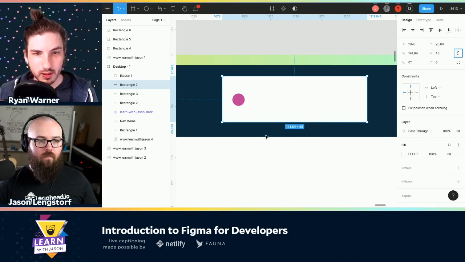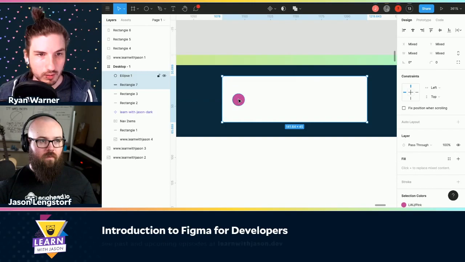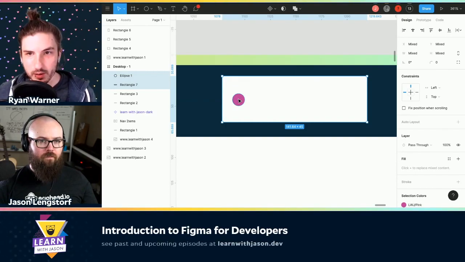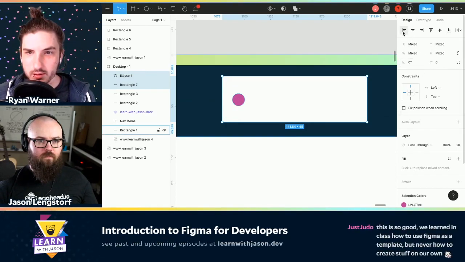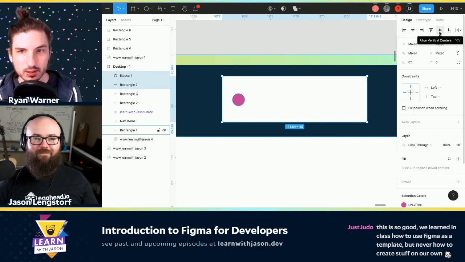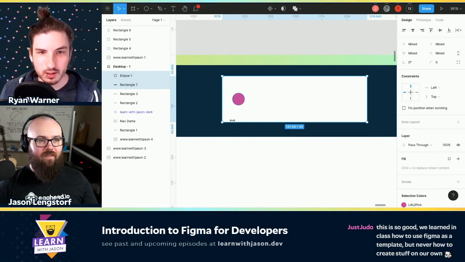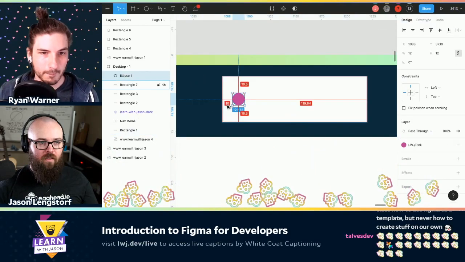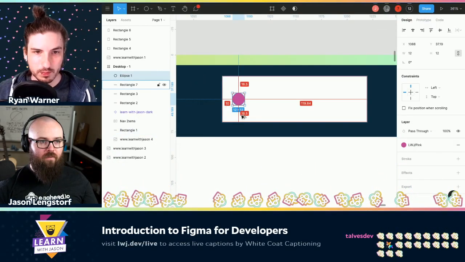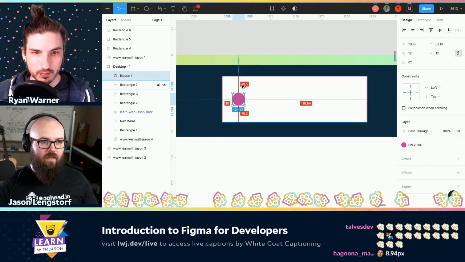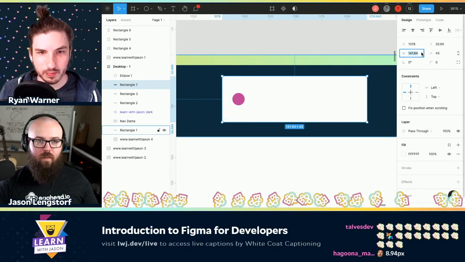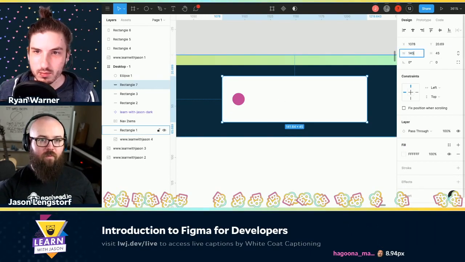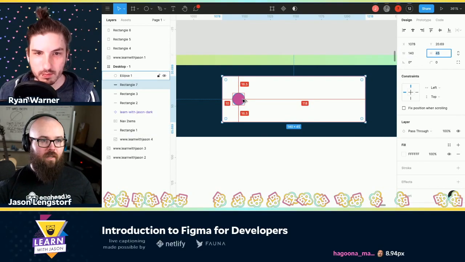you can select both layers, the circle and our rectangle. Okay. And then in the top right, we have an alignment panel, very tippy top right. Yep. So the vertical align center. Align vertical center. Yes. Beautiful. Or option V. There we go. And now I've got 10 pixels away. We've got even space. We can see our even spacing on the top and bottom, 16.5. And then our width on this thing is a little bit weird. So maybe we make it like 140 so that it's an even number.